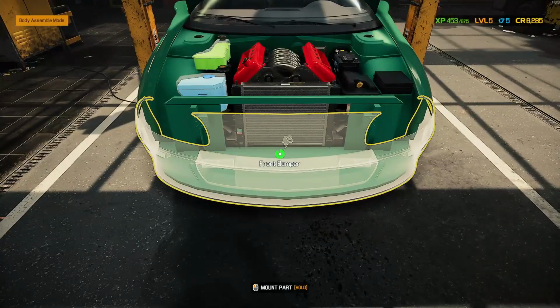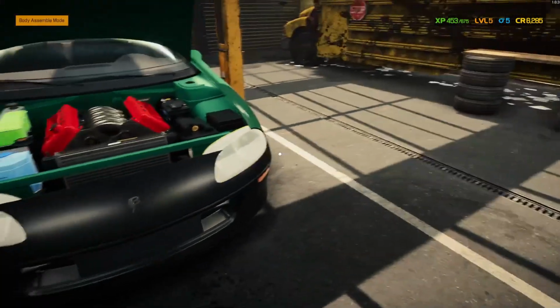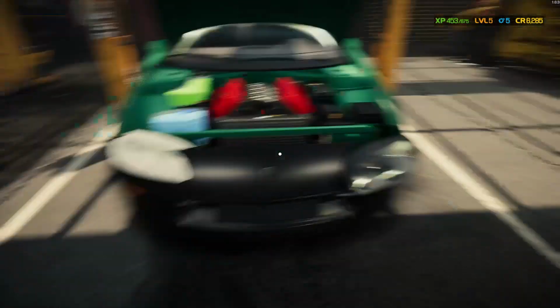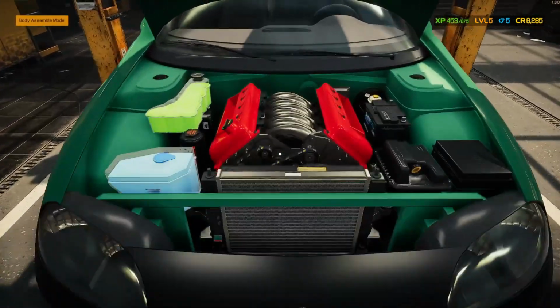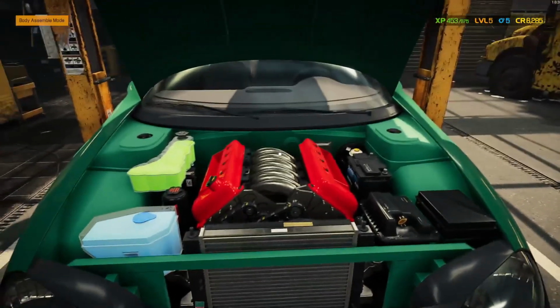We'll put the bumper back in. There we go. Yeah, he's going to have a black bumper because I don't have the ability to spray it. So